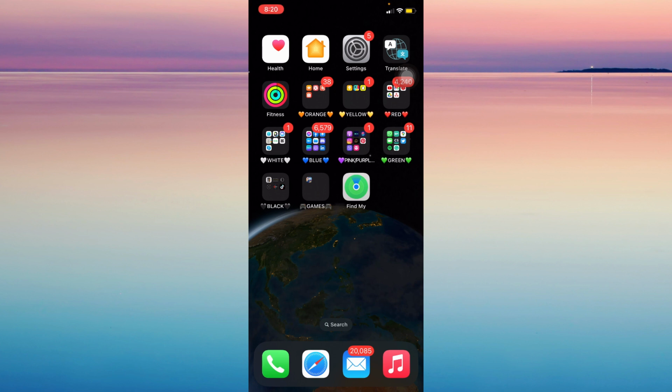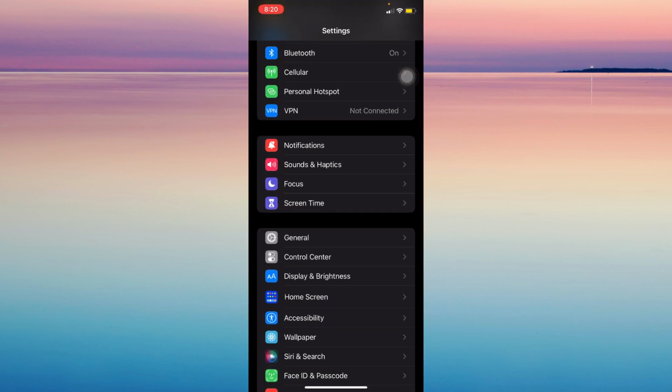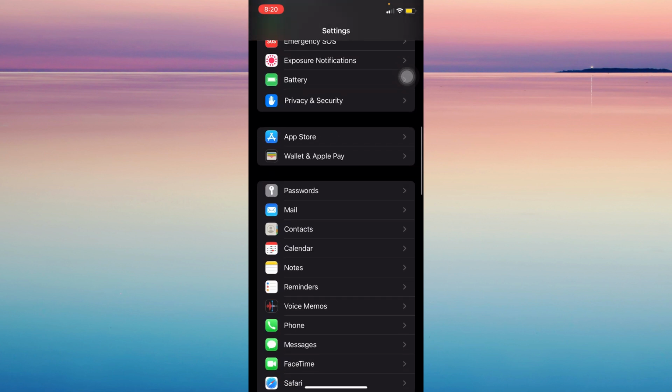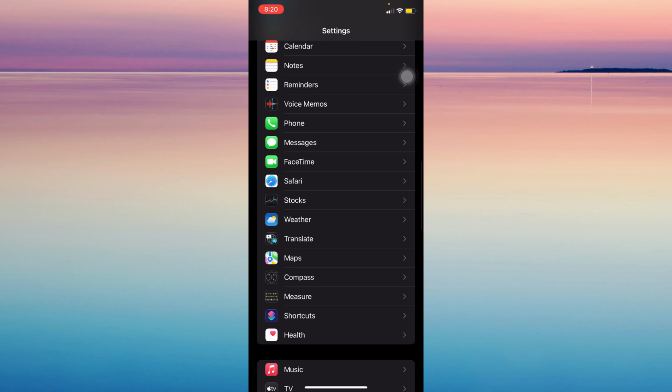First, open your Settings app. Once here, scroll down until you find Safari. Click on Safari and you will see